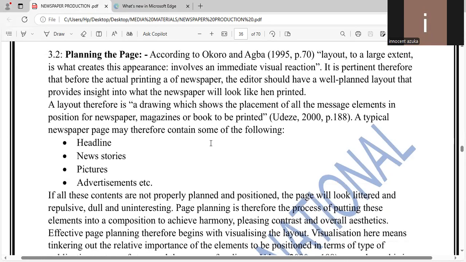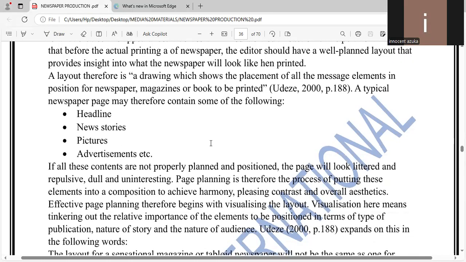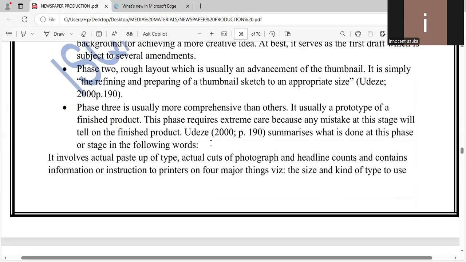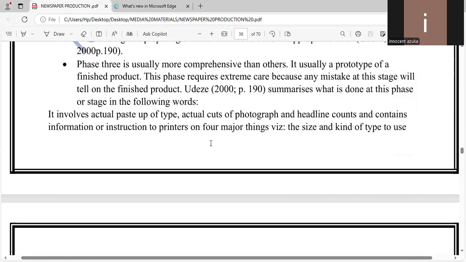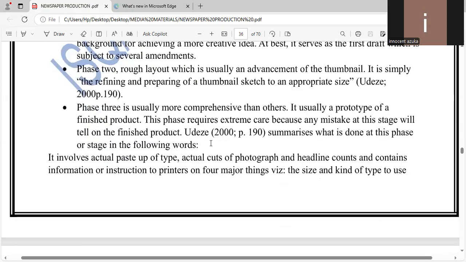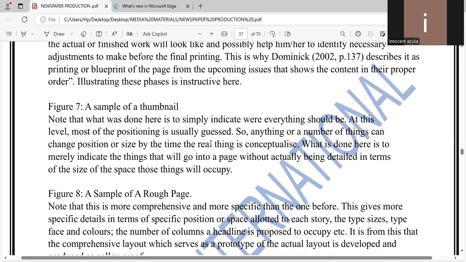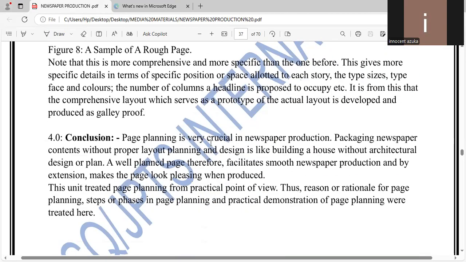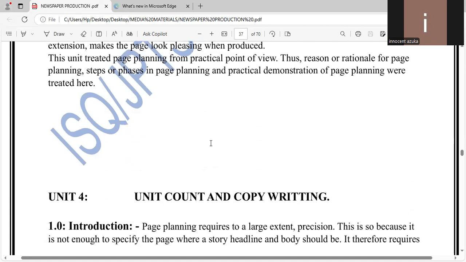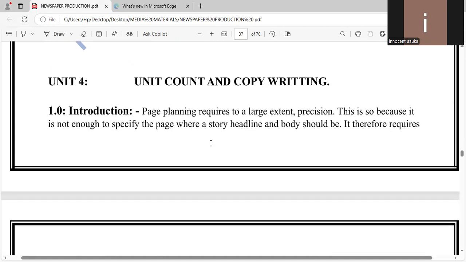So planning the page is very, very important, by putting the headlines, news stories, pictures, advertisements. They are all important. So it's in phases, phase one and phase two and phase three. So you must know the phases that are contained. So unit count, copywriting. So page planning includes